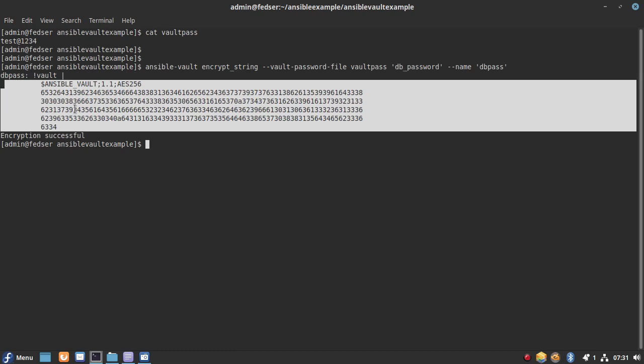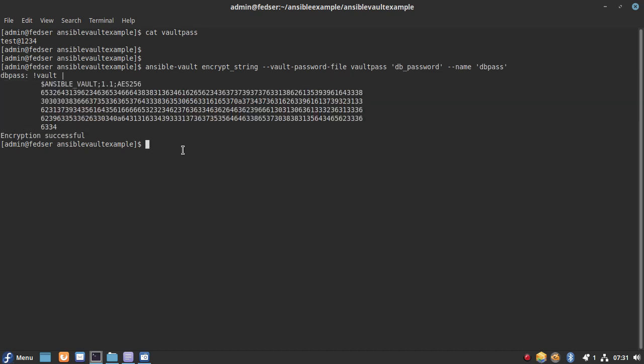So you need to make sure you understand what exactly this encrypted data is. Right now we have encrypted the string db_password with a variable dbpass.